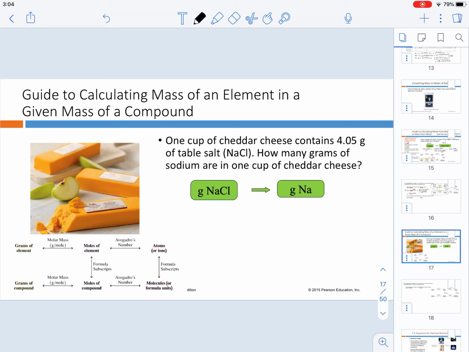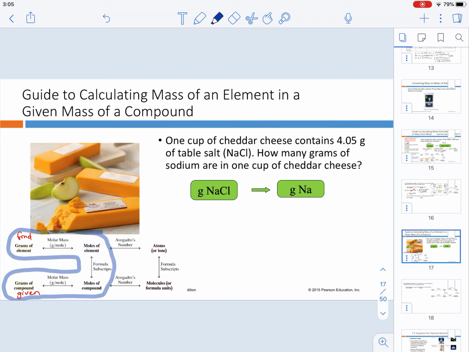So with the problem in hand, I know that I am given grams of compound, and what I need to find is going to be grams of element. Now, as you can see, there is not a direct route. There's not like a one conversion thing. When it comes to this, which I'm going to highlight the whole path in blue, we need to go through this whole process,